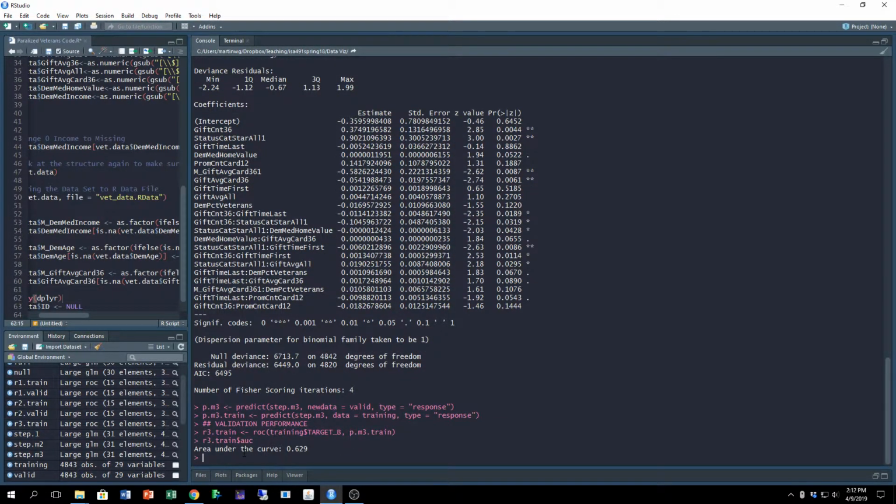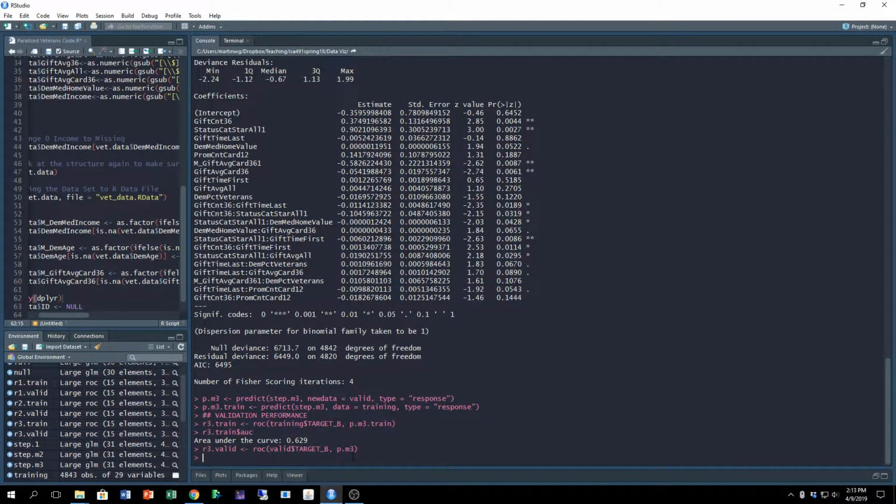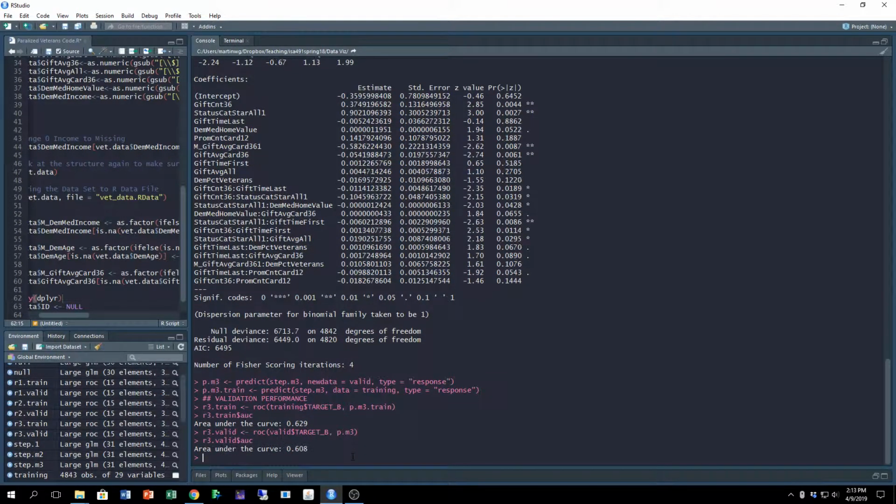You can see 62, and then let's do the same thing for the validation. So let's call it R3 valid. And let's take a look at the R3 valid AUC. We can see that's 60.8%. Right, so now we have our model number 3 complete. Basically we have the 3 different models. Now we have to check or select which is the best one, and that's going to be on the next